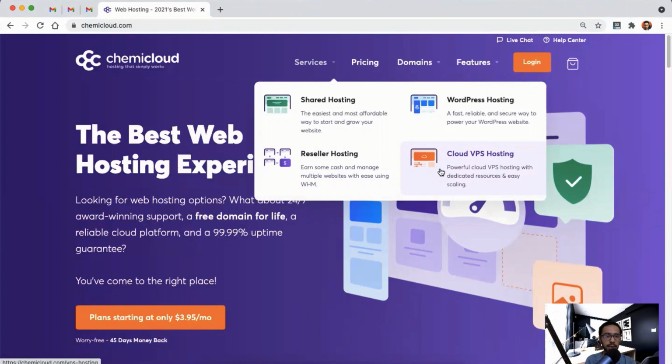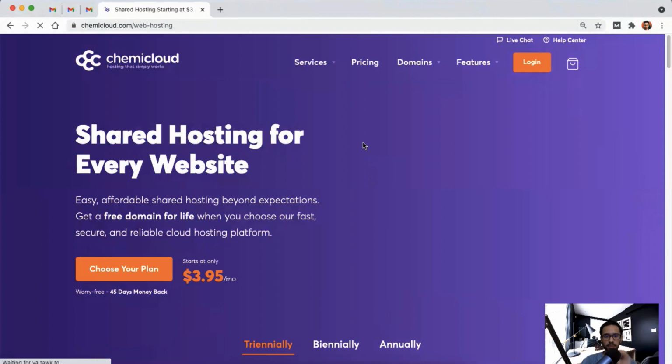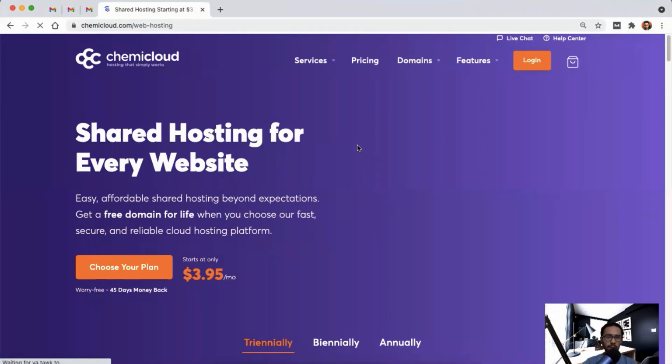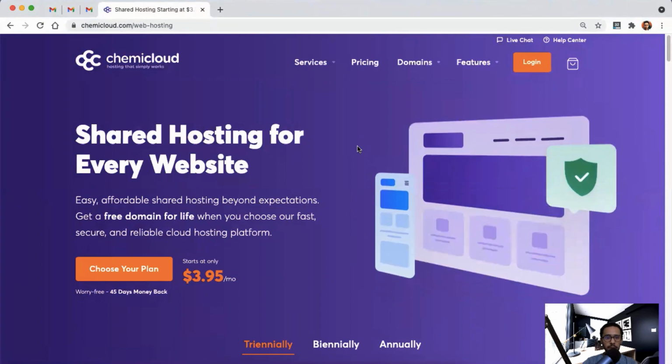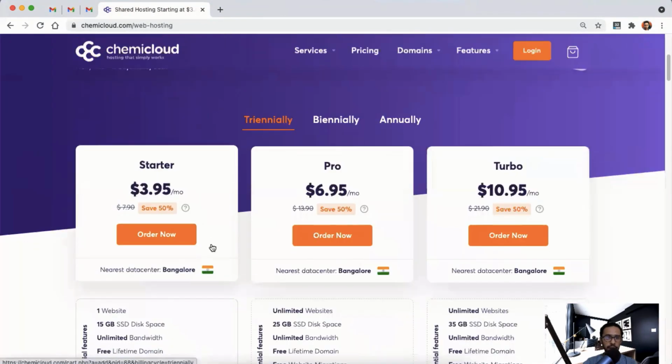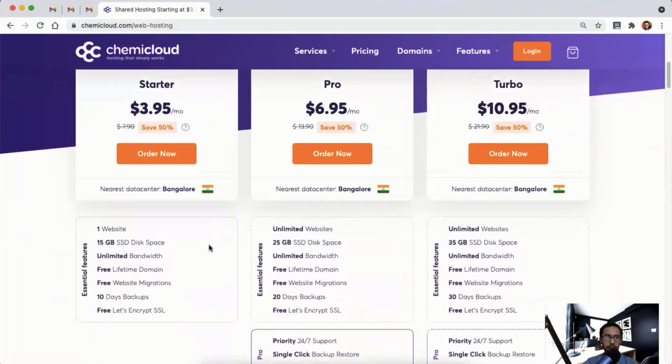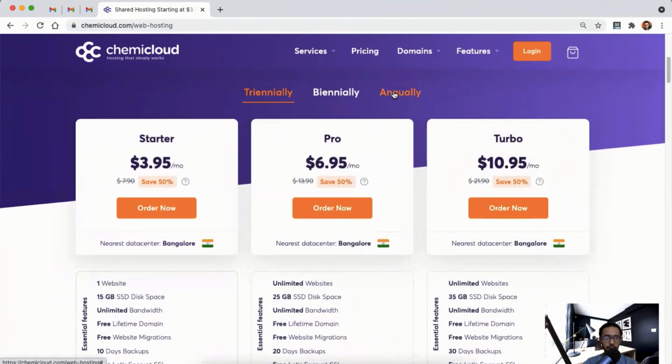To start a basic web blog, you just need a shared hosting plan and nothing more than that. So let's check out the pricing of a shared hosting plan. As you can see, it's shared hosting for every website and starts from just $3.95 per month when you choose the 3-year plan. But when you choose the annual or biannual plan, it differs.